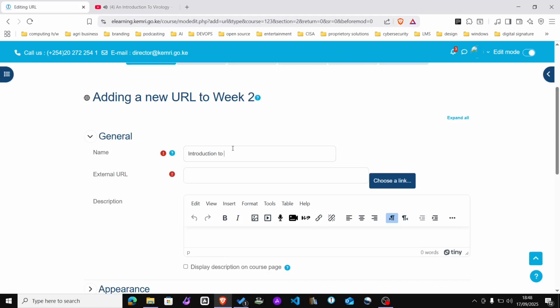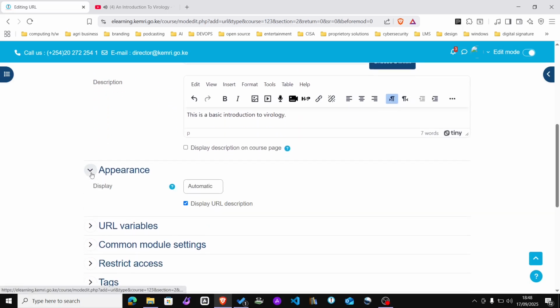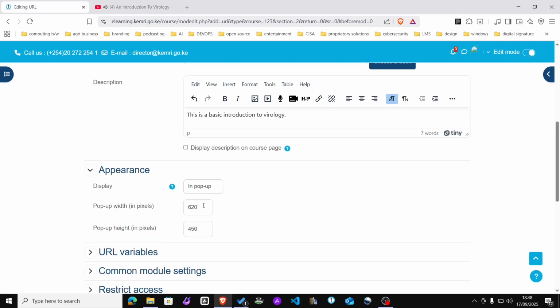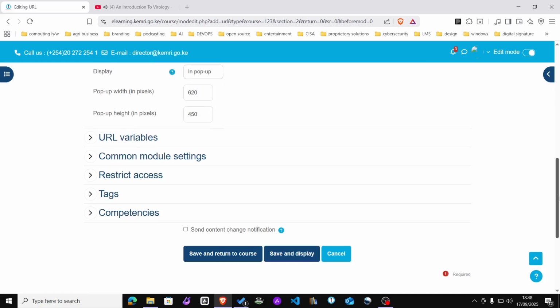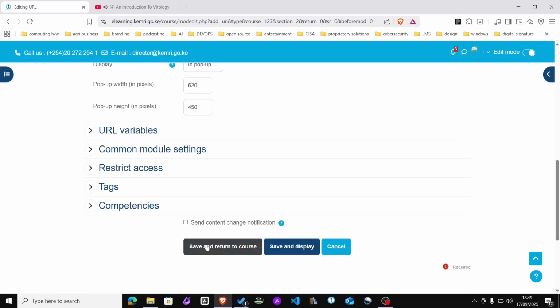introduction to virology, and then the external URL, the description, you give a description here. This is a basic introduction to virology. You can be as exhaustive as you want. Then again, the appearance, automatic. So the system, again, decides how to handle it. You could say in pop-up. That is what I like myself. Then you could say save,